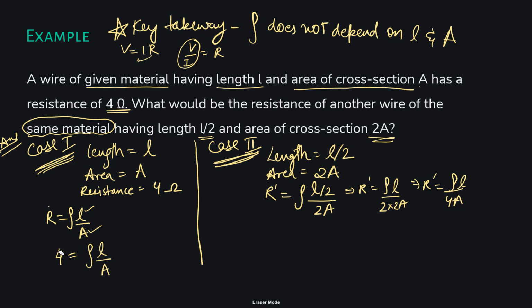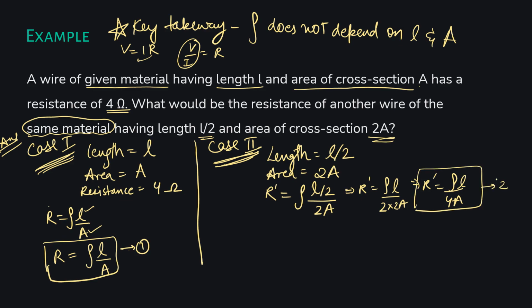So now if I take this formula, if I don't put the value of 4 here, if I just keep this as R, what we do usually in this case is, I can see that in expression 1 and expression 2, I have a lot of quantities that can actually cancel out, that are the same. Rho is the same. Even though the length is different, in the second case it is just half of the original length. So this L and this L are the same. This A and this A are the same. Which means that they can be cancelled out from each other if they are in division.